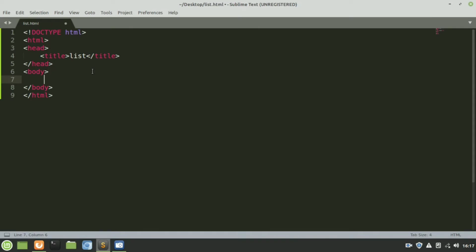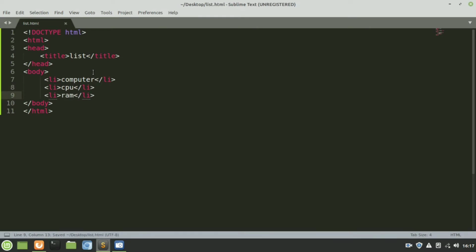Open bracket li. So the list tag is defined by li. Hit enter, copy it and paste again. In the list, give it as computer, then CPU, then RAM.